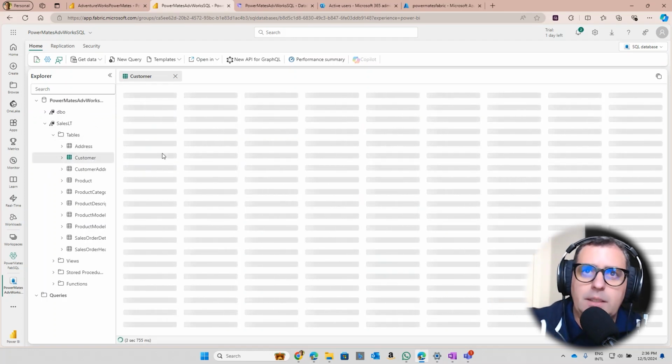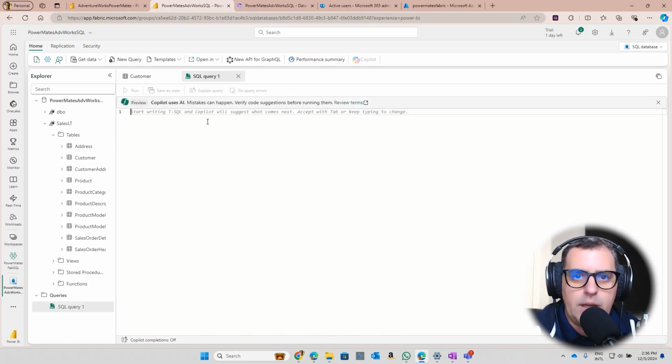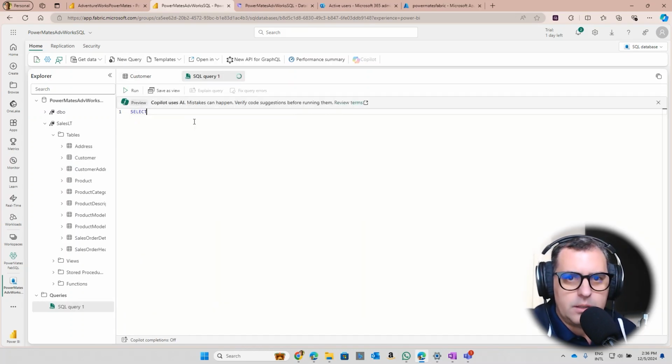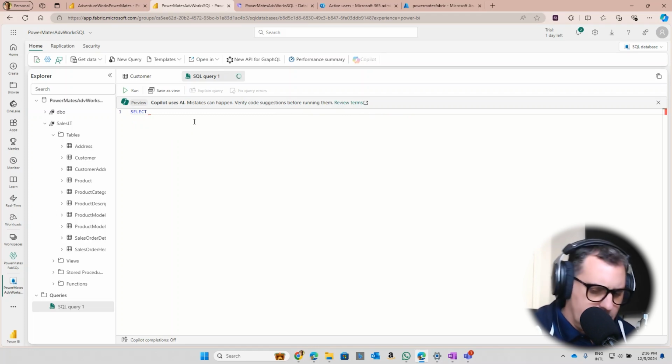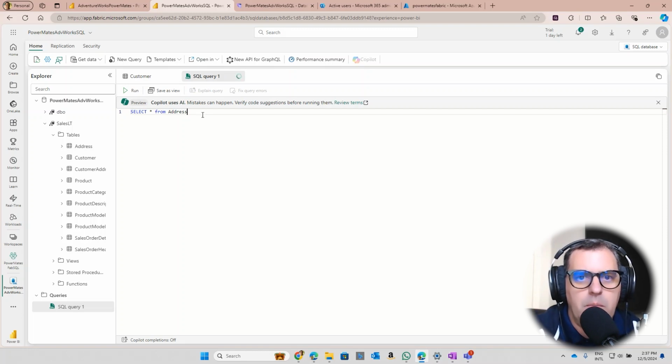This is amazing because you can check that all is happening in just a few minutes. It's loading all the SQL database that is running in the cloud and ready to power everything from scratch. You can start doing a new query, and of course this is going to be a select command, select from any of these tables that I have. So it's pretty common, and you're going to be able to run any queries in T-SQL,